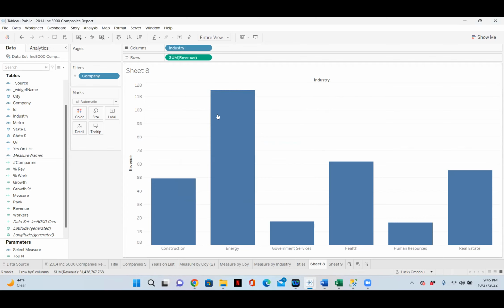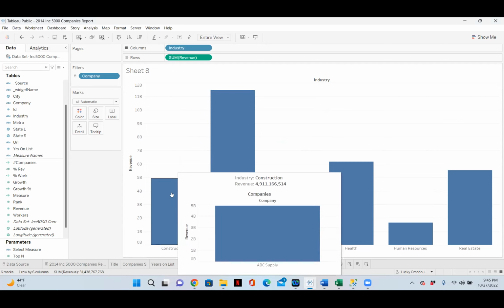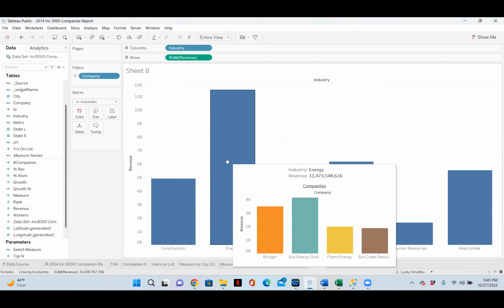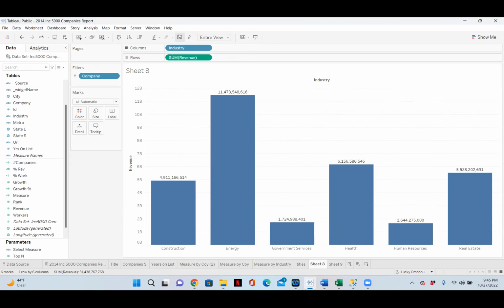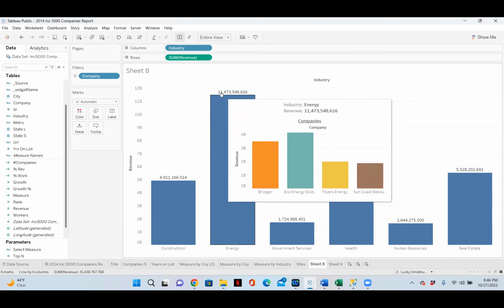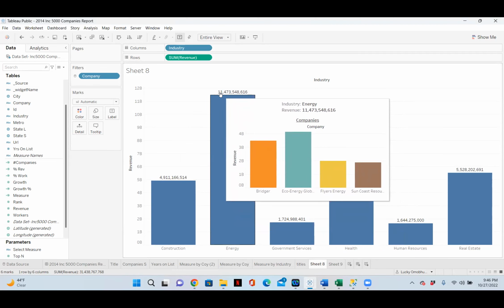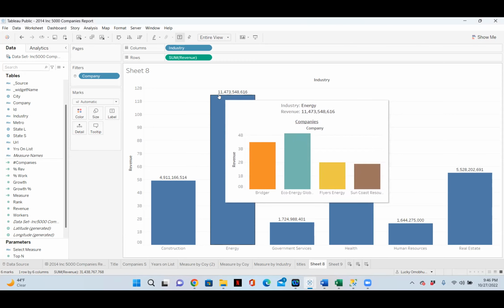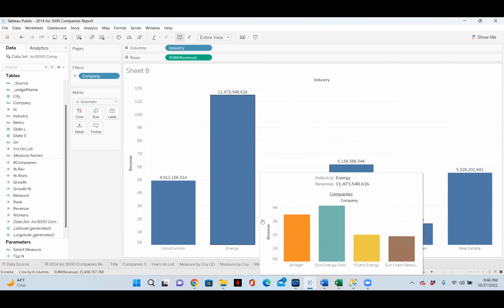So now if I hover over construction, under construction there's only one company, which is ABC Supply. So it's showing me the company under the construction industry. But if I go to the next one here, under energy, we have 4 companies. So let me show the 2 tips. Under energy, we have $11.4 billion. So under the energy, these are the companies that make up this $11.4 billion. And if you add the revenue for these 4 companies here, it's going to add up to that same 11.4. So this is what you call